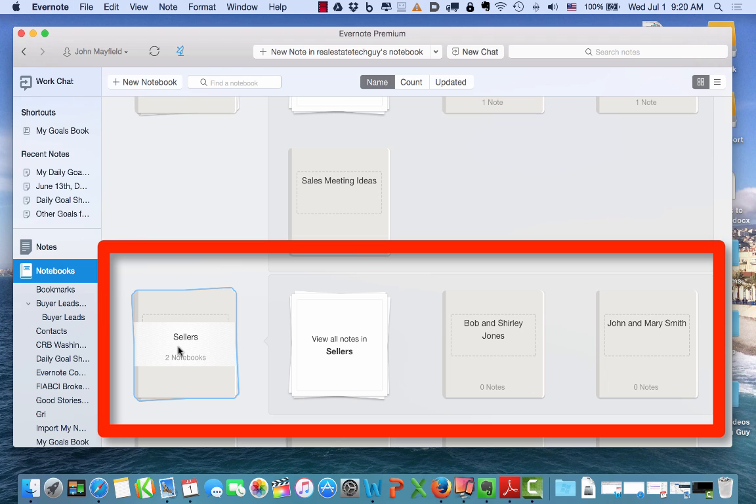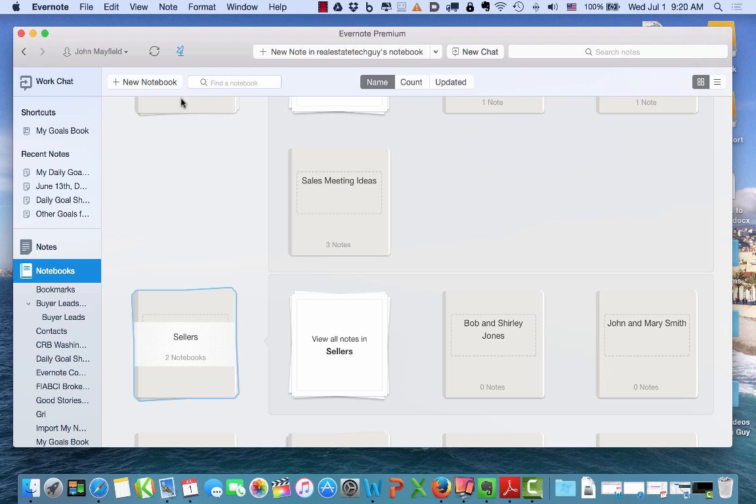Now as you can see, we have a Sellers notebook, and all of our active sellers are going to have their own specific notebook. It's really easy to do by creating new notebooks and then creating sub-notebooks or organization inside each notebook. Next week I'm going to show you how to begin adding content